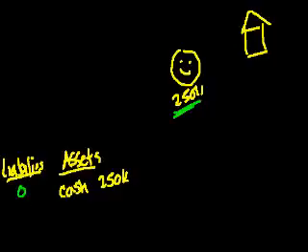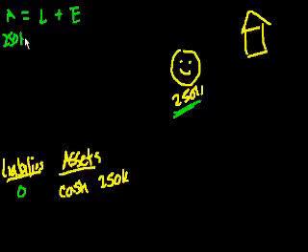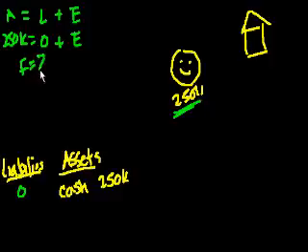So what is my equity? My equity. And you've probably heard this word, people borrowing their equity and all of these things. So I'm going to give you a little equation, just to take a little bit of a tangent: assets, A for assets, is equal to liabilities plus equity. Right? So in this case, our assets are $250,000. My liabilities are what? I owe nothing to anyone. So my liabilities are zero. So my equity must be $250,000. Right? My equity is also $250,000.